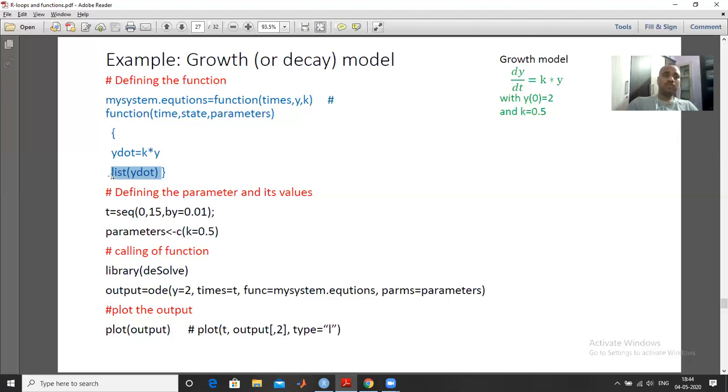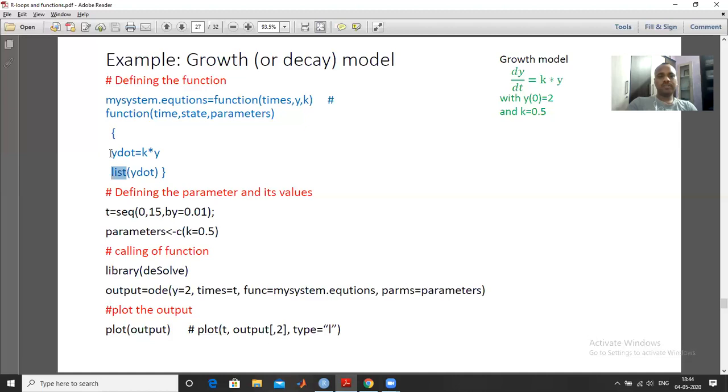So always you have to write down the list here because this function requires a list as input. You can read more about lists in R on the internet, and then y dot.